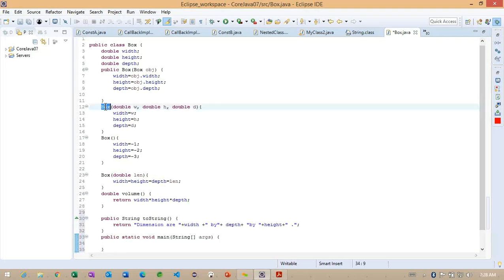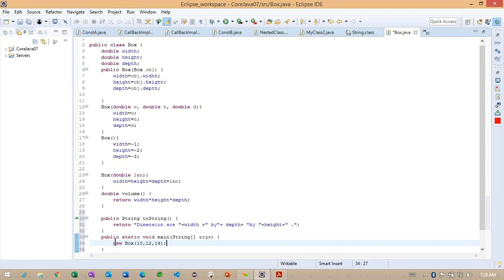Let me create this constructor. How many parameters does this constructor have? Three parameters, something like 10, 12, 14.